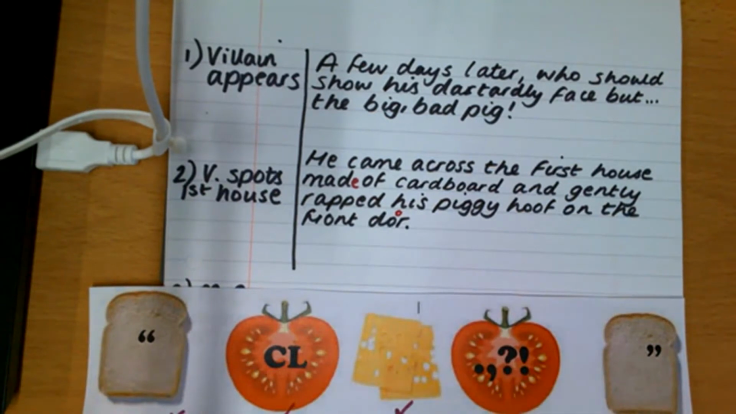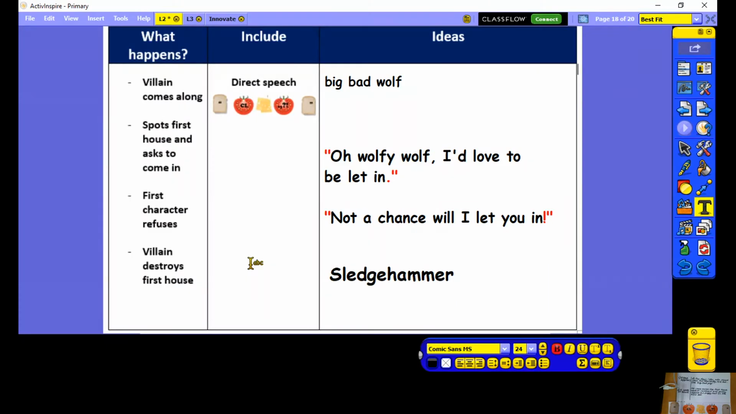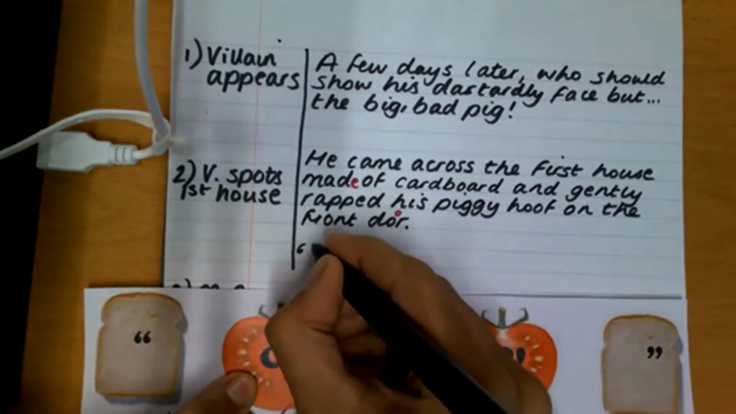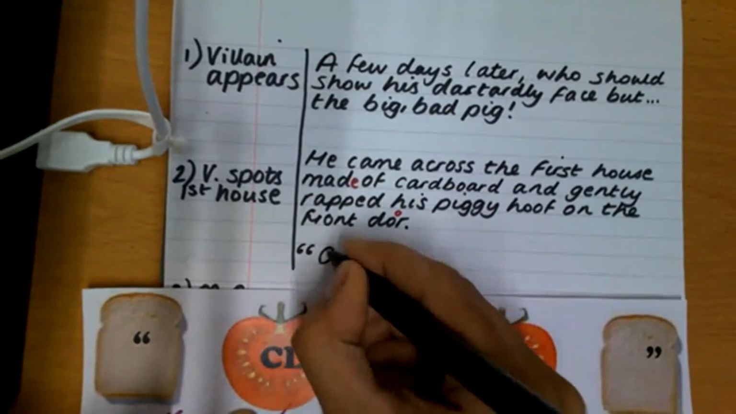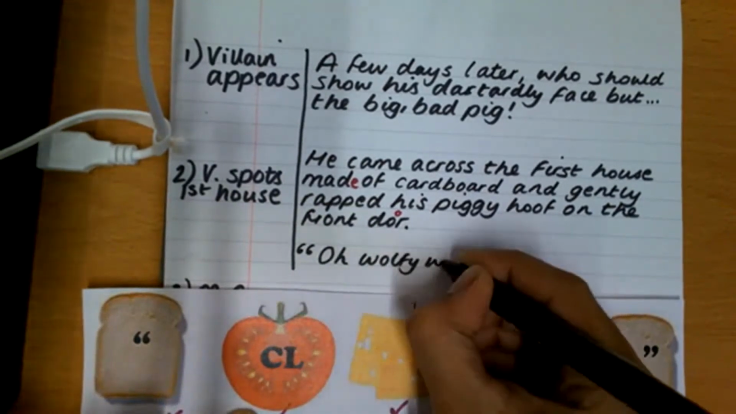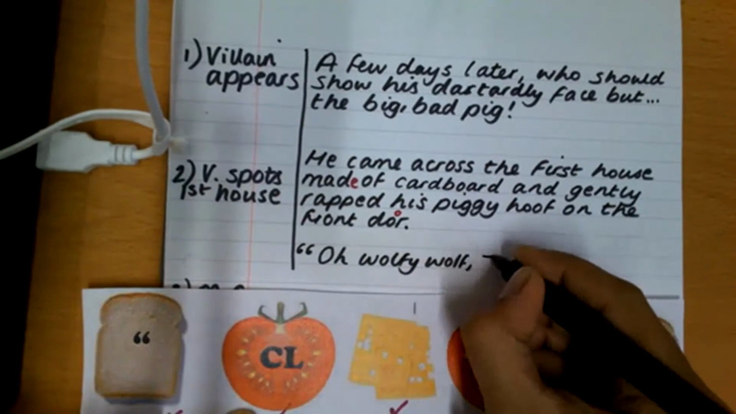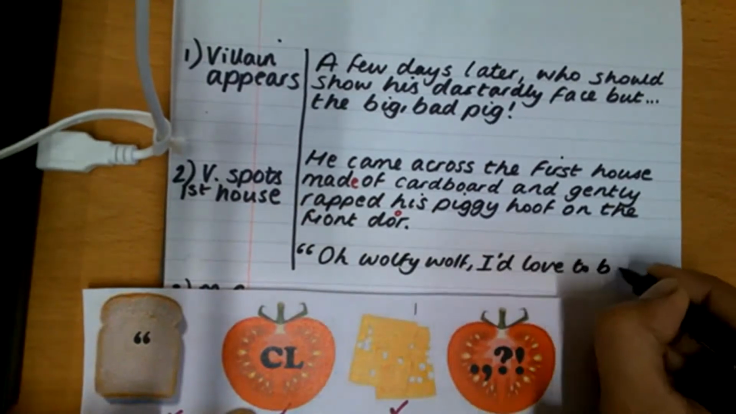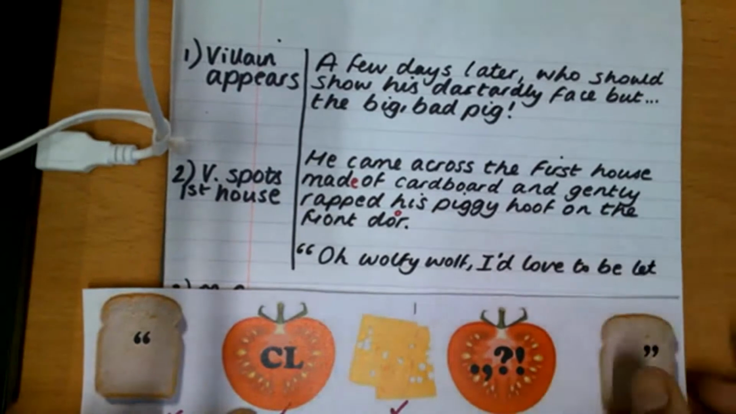Now, this is where my speech sandwich is going to come in really handy. What did I say my character was going to say? Let's have a look back at my box up. He was going to say, oh, Wolfie Wolf, I'd love to be let in. Okay, so let's write that down. So I've got my speech marks. Capital letter. Oh, Wolfie Wolf. I'd love to be let